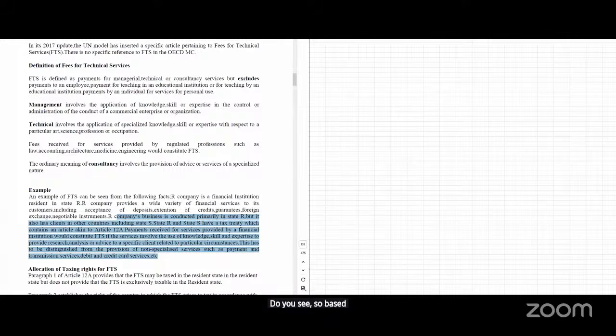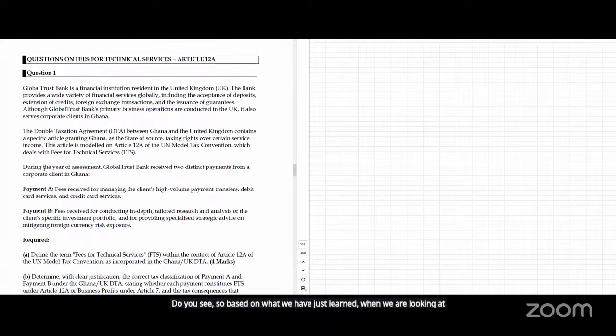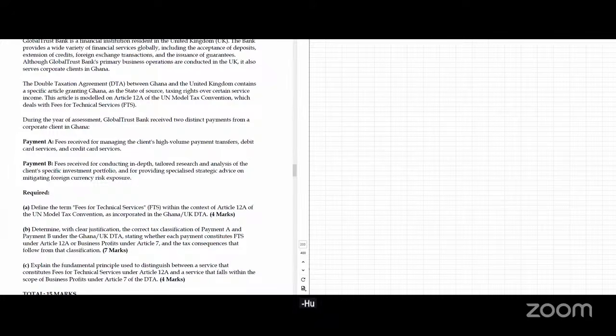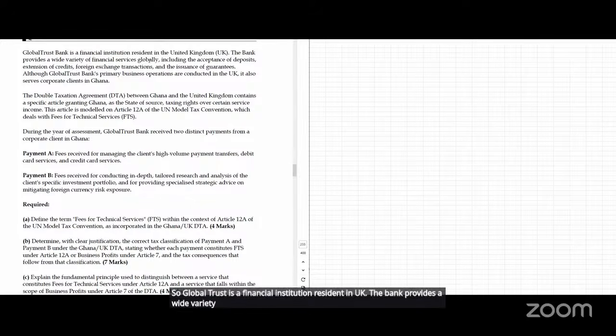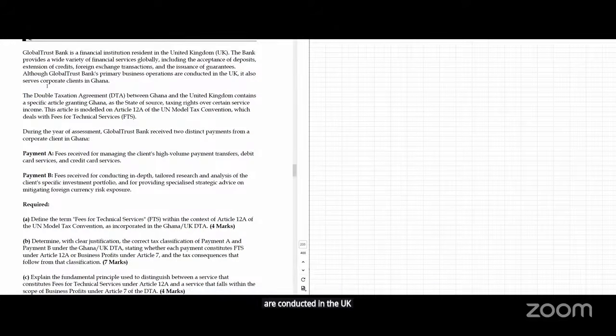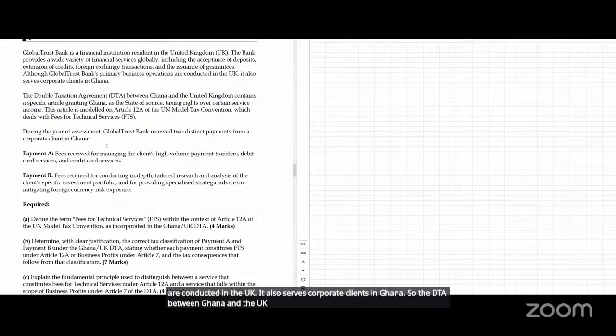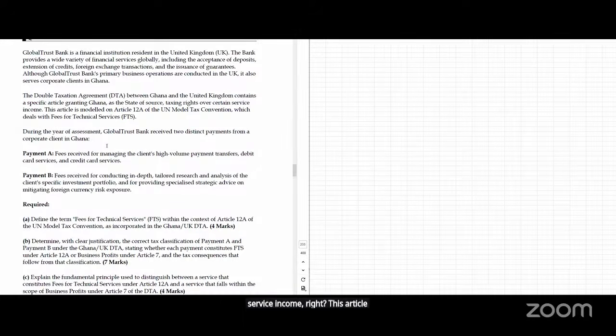So based on what we have just learned, when we are looking at this question, let's see. So Global Trust is a financial institution resident in UK. The bank provides a wide variety of financial services globally, including the acceptance of deposit, extension of credit, foreign exchange transactions, and the issuance of guarantees. Although Global Trust Bank's primary business operations are conducted in the UK, it also serves corporate clients in Ghana. So the DTA between Ghana and the UK contains a specific article granting Ghana as the state of source, taxing right over certain service income, right? This article is modeled on Article 12A of the UN model, which deals with fees for technical